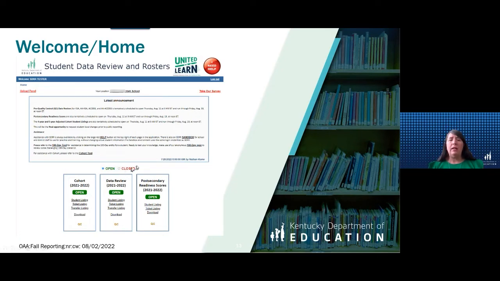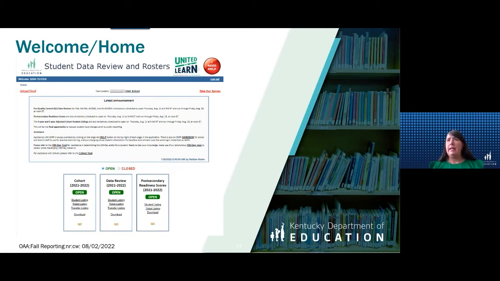If you can't locate those spring rosters, if you're a new DAC or a new BAC and you didn't download those student listings and the changes you made as a BAC for your schools or as a DAC for all of the schools in your district, you can still get to those underneath that closed button.